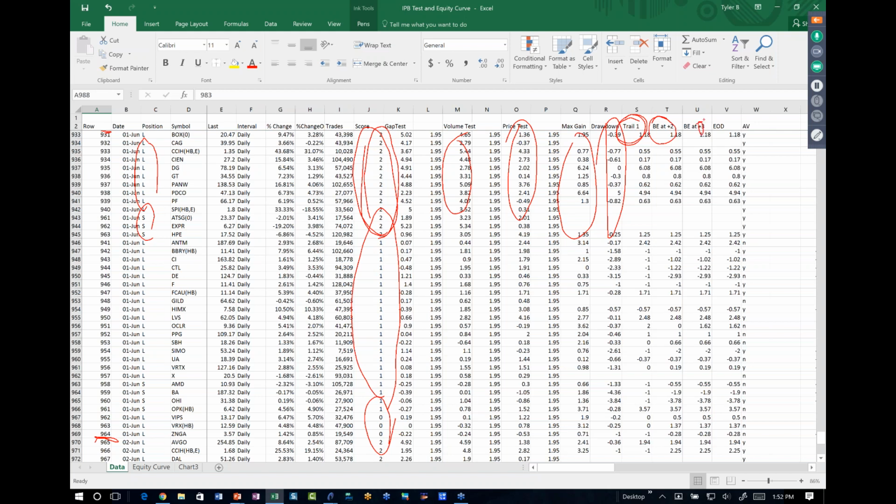If you hit 3 RR, moving the stop up to break even. And here's simply holding until the end of the day with no stop. And that is the RR earned. So this trade right here, PDCO, a stock I actually traded, if you held until the close, earned an RR of